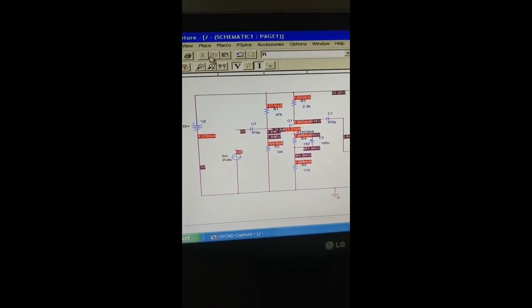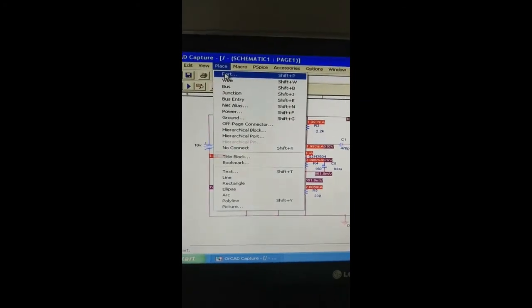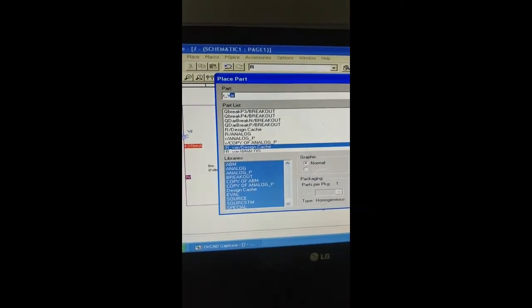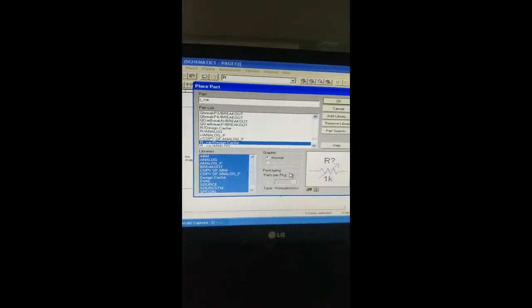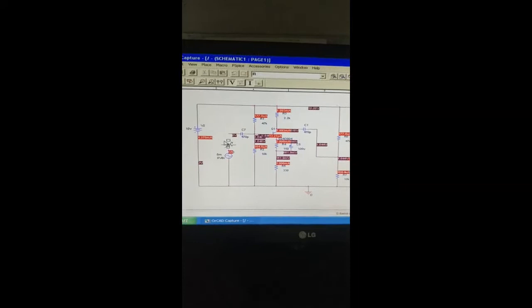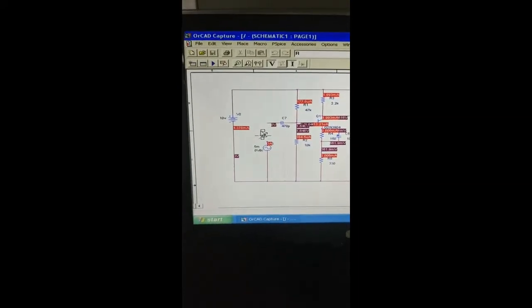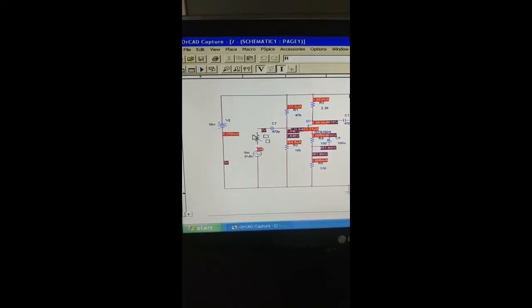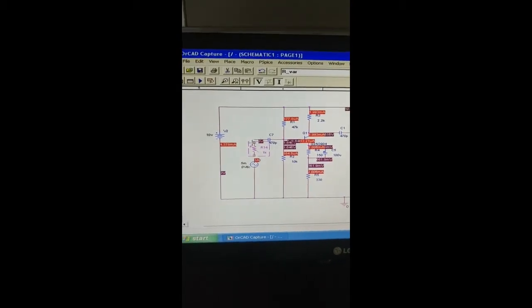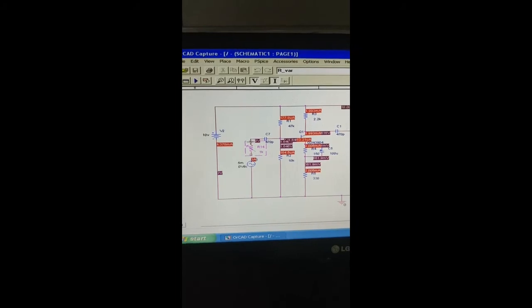Then go to Place, Part, and type R_VAR. You see here that you have got the variable resistor. Click on OK. Now in order to rotate it, press R. So you get it like this. Then press W to make wire connections.